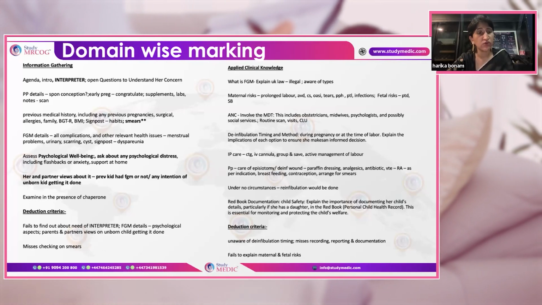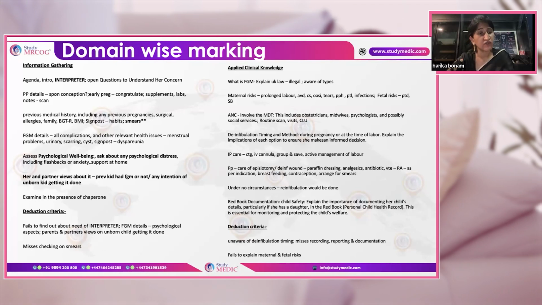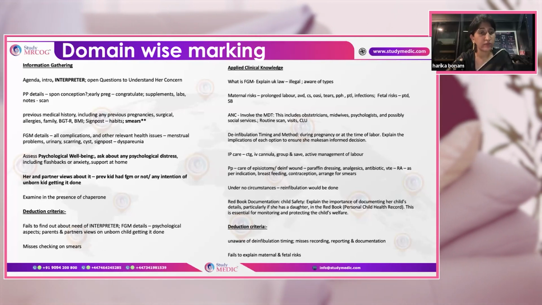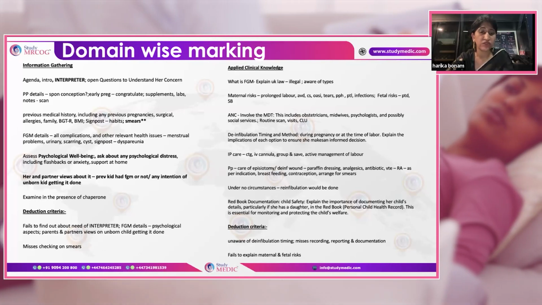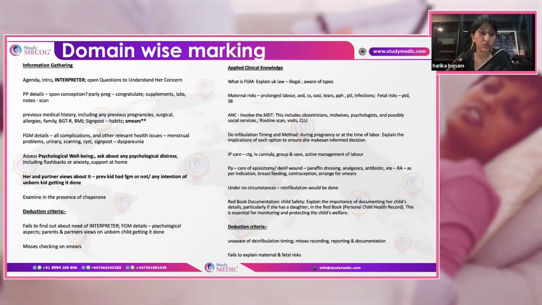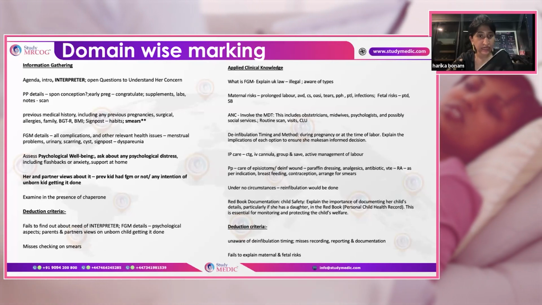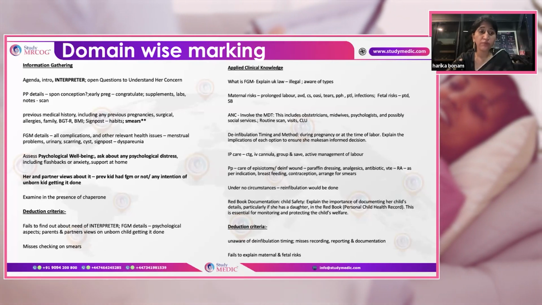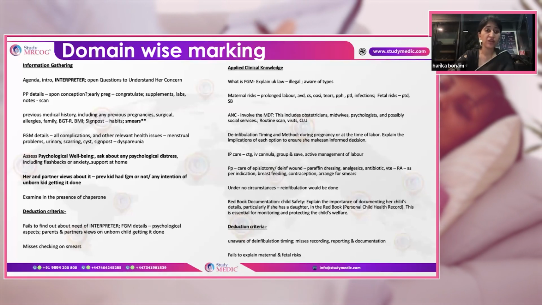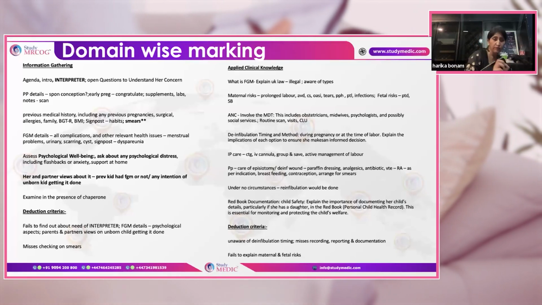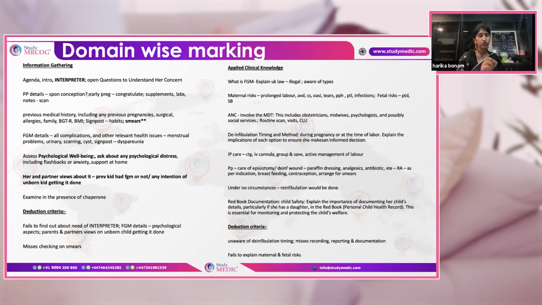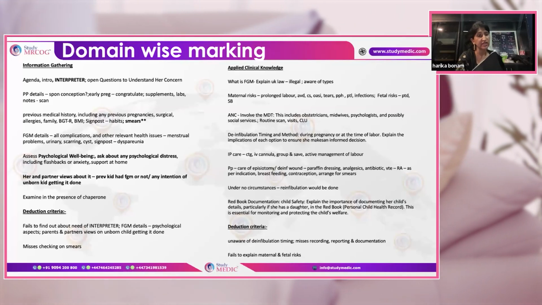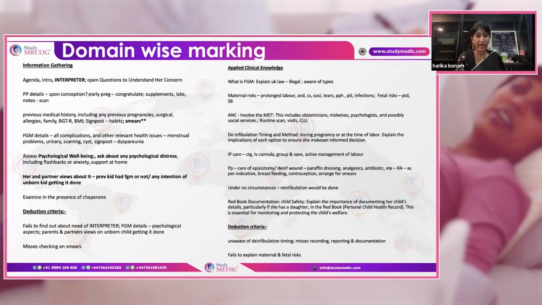And signpost, ask about dyspareunia and any flashbacks, especially psychological well-being, because most of the times they have post-traumatic stress disorder with flashbacks relating to the procedure, and anxiety, and how is the support at home. Now, one more important point is checking her views and partner's views about it. If she has had a previous kid, has the kid had FGM done or not, and any intention of getting it done to the unborn kid as well.